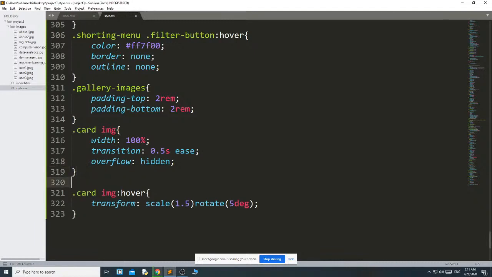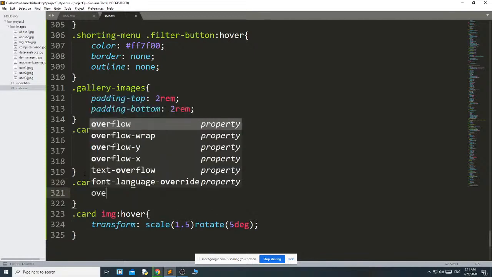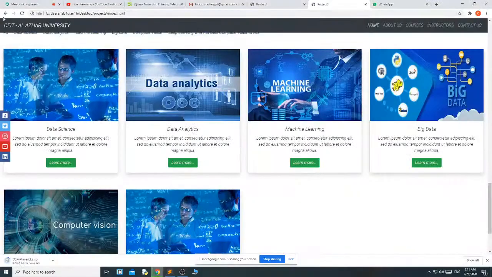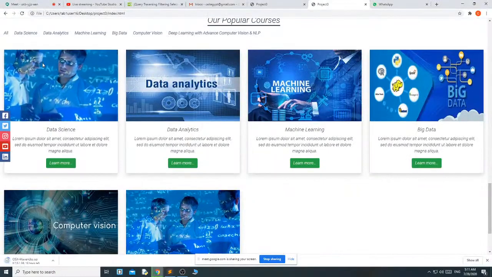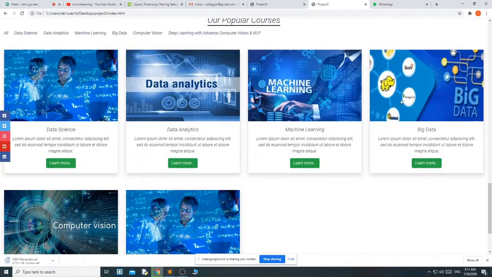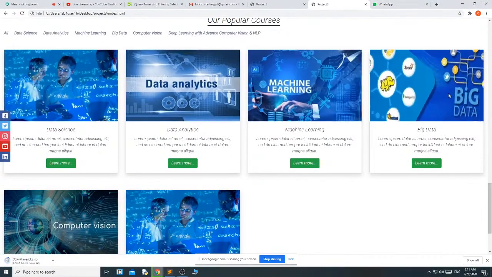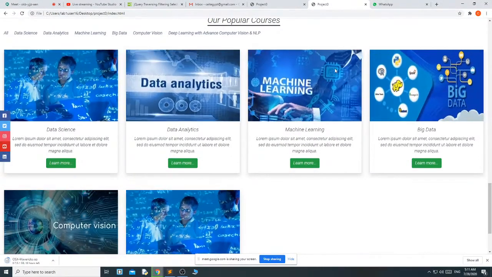Okay, I just use dot card dot inner overflow hidden. Okay, I remove this line. Okay, now you can see that there is no overflow. Okay, means this part also we have completed.